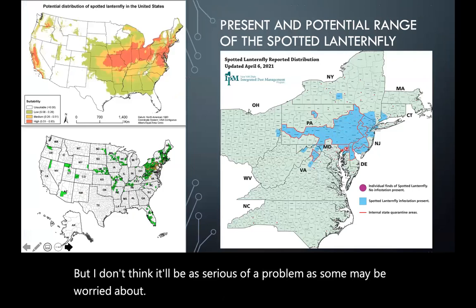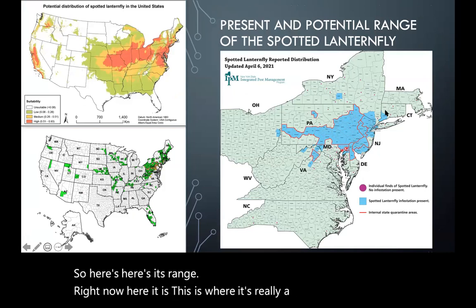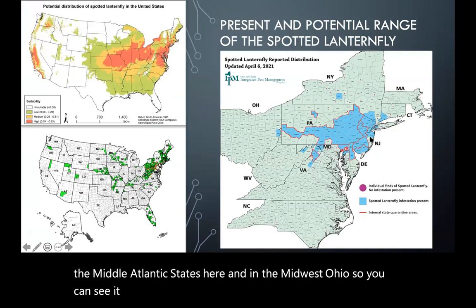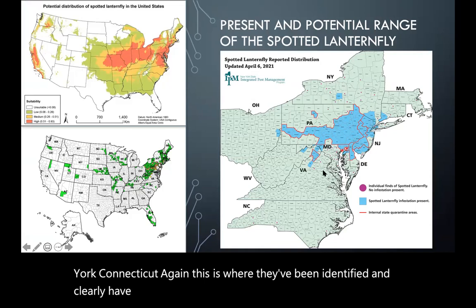So here's its range right now. This is where it's really a problem, here in the Mid-Atlantic states and in the Midwest, Ohio. You can see it's really in New Jersey, Pennsylvania, and into New York and Connecticut. This is where they've been identified and clearly have them, there is no question. But these maps are very